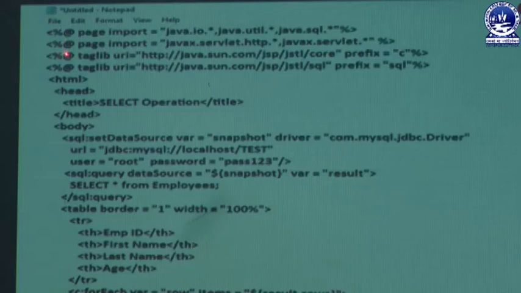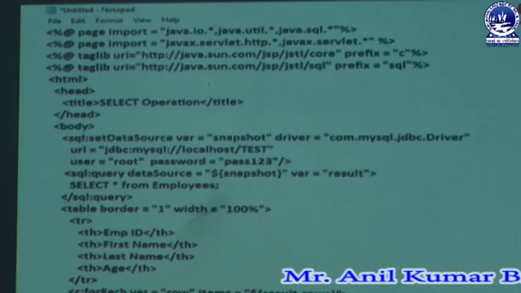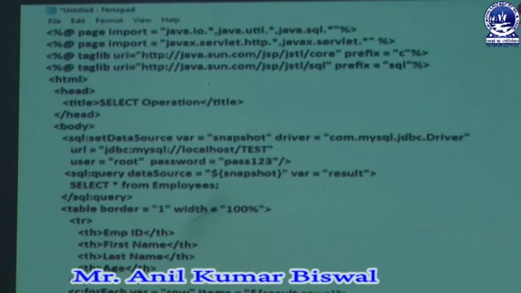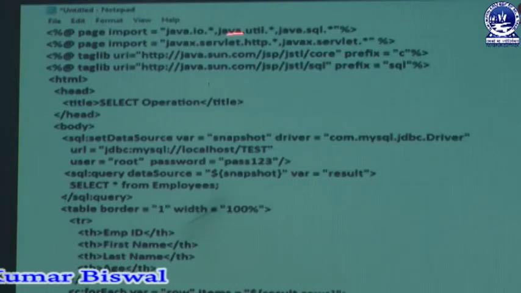Next we write %page import for another package, servlet, and then another advanced package, javax.servlet.*. Next we insert the taglib directive, through which we make a connection with a specific URL, java.sun.com, mention the prefix c, and in that prefix we mention the SQL command. In this way we mention our package set. Next we learn how to write Java code for your select command.